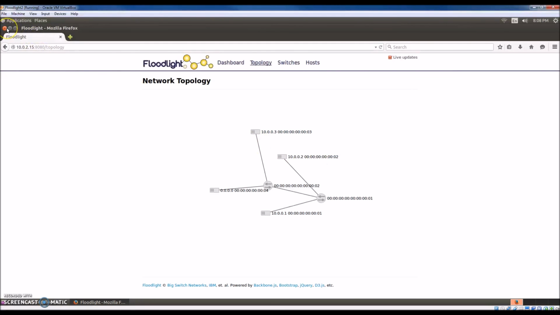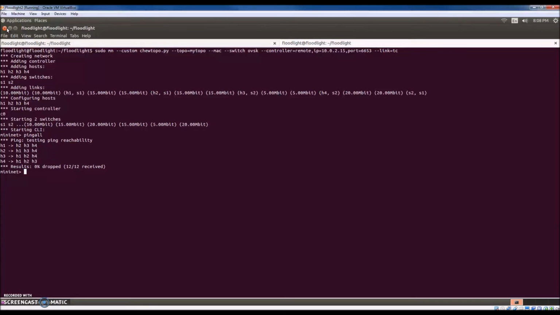So now we're going to go back. Well, we're going to close the browser because we don't need it anymore. And now we're going to do the command iperf to test the bandwidth between each of the connections that we made in our topology. So we're going to put in that command, and we have to test between each of the hosts. And we're going to do host 1 and host 4 first. So as you can see, we already typed that in, and you can see the bandwidth comes out to